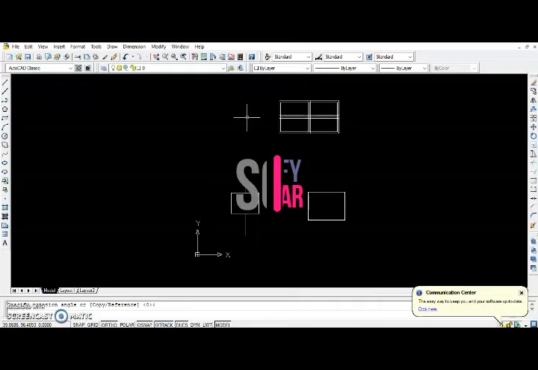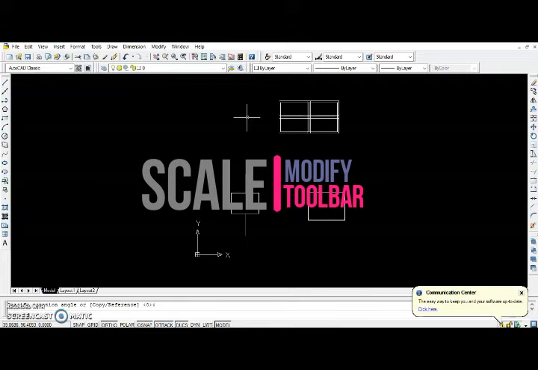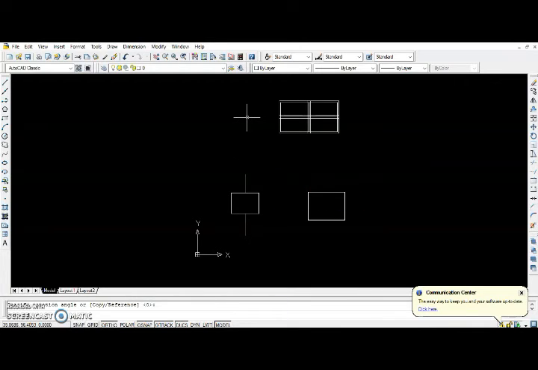The next toolbar is scale. The function is to scale object. The command is type S, C and then enter.